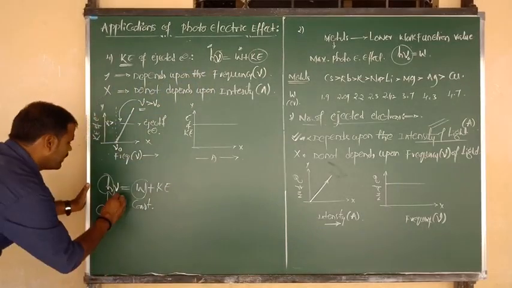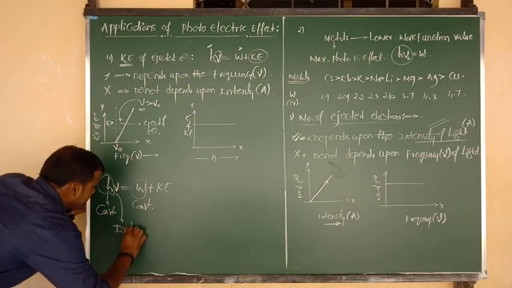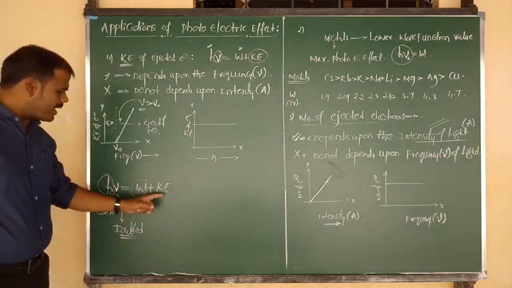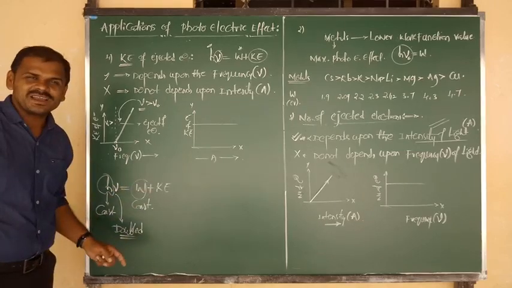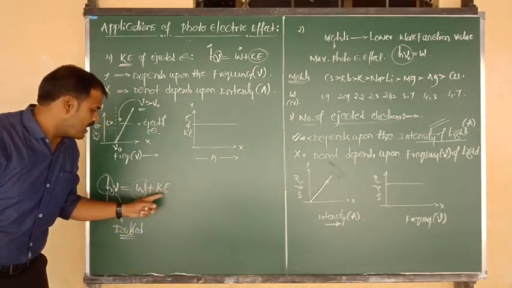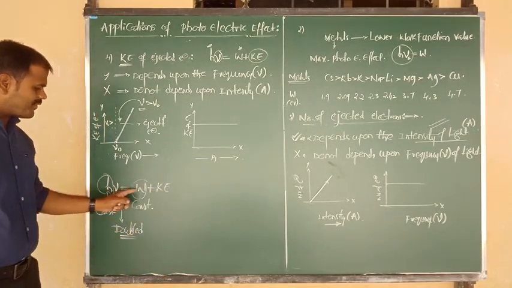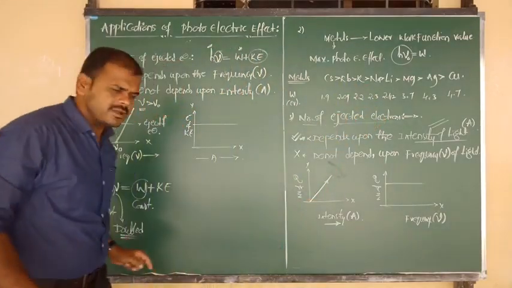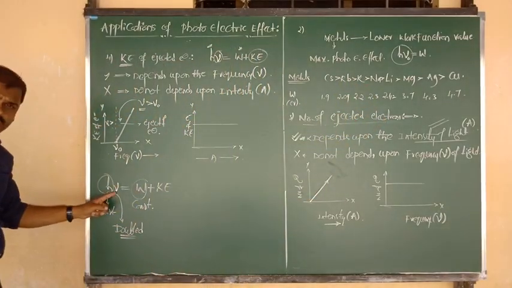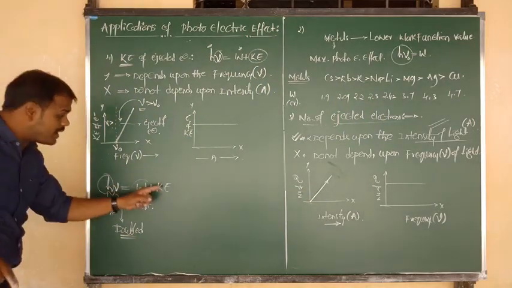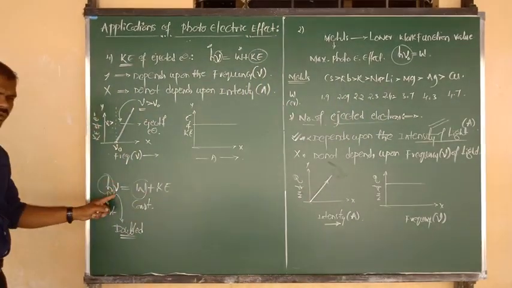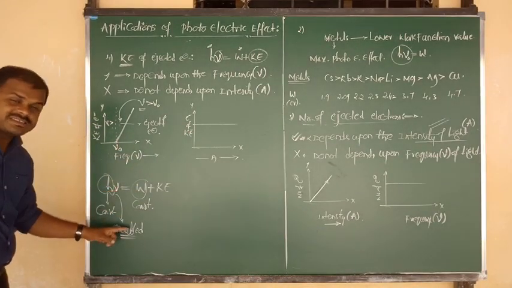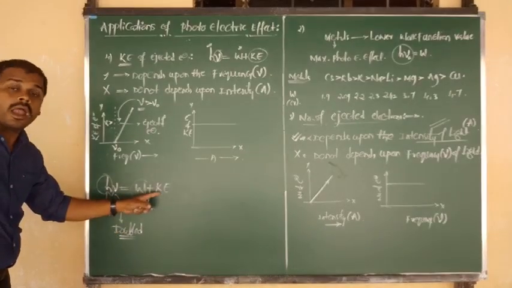So one condition is there: if the value of frequency is doubled, what about kinetic energy? Both are directly proportional, so kinetic energy will be doubled. But along with that kinetic energy, here we have the work function value, which is always constant. Work function value does not depend upon frequency. Kinetic energy depends only upon frequency, but W does not depend upon frequency. Anyway, if frequency is doubled, kinetic energy will be doubled, and also we can say